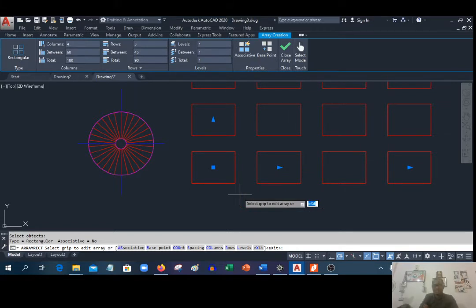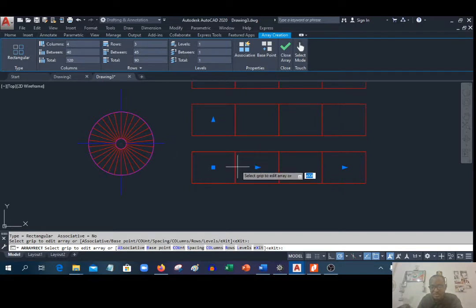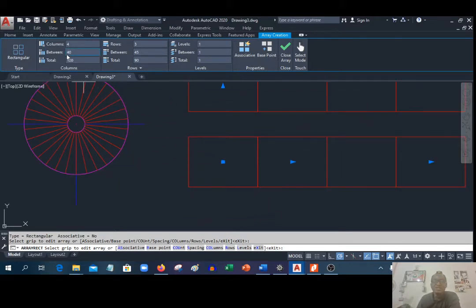is 20. Now the 60 starts from this beginning. This 60 starts from here and ends here. Now let me reduce, I did 20 before. Let me put 40 there. See, it's just touching 40, right? So when you are doing this array, always be careful because the gap between is talking about the beginning of the line, the starting point to the starting of another